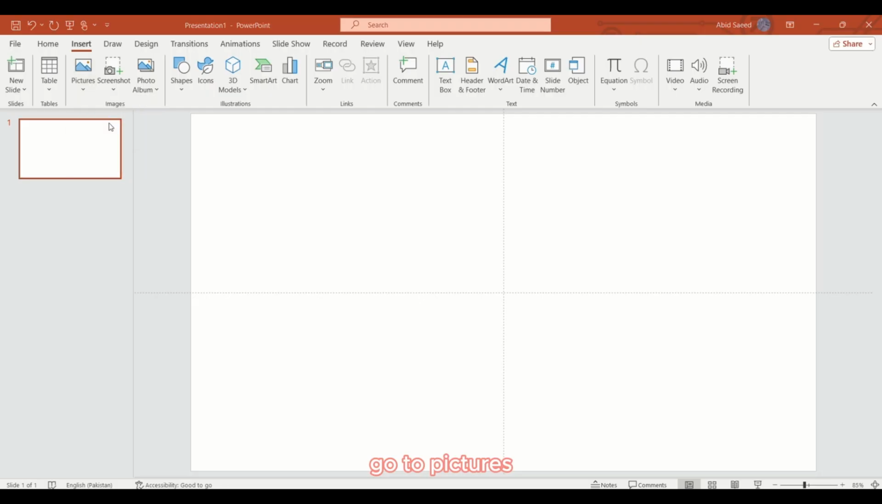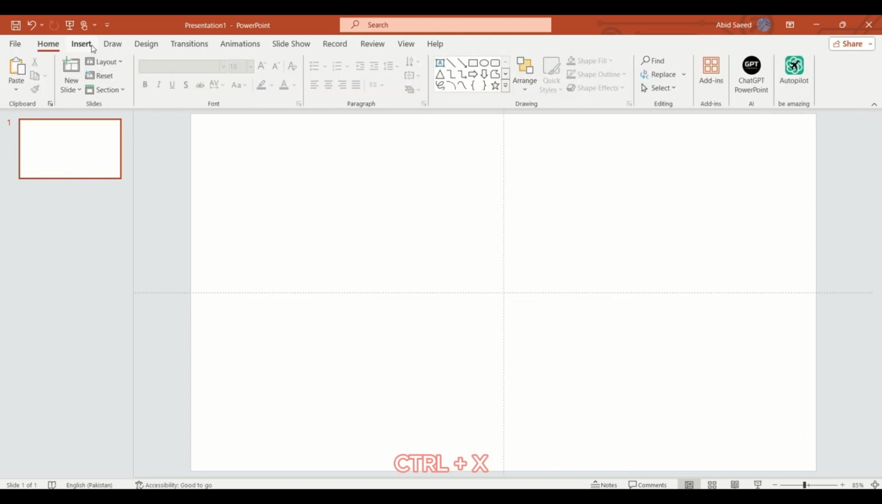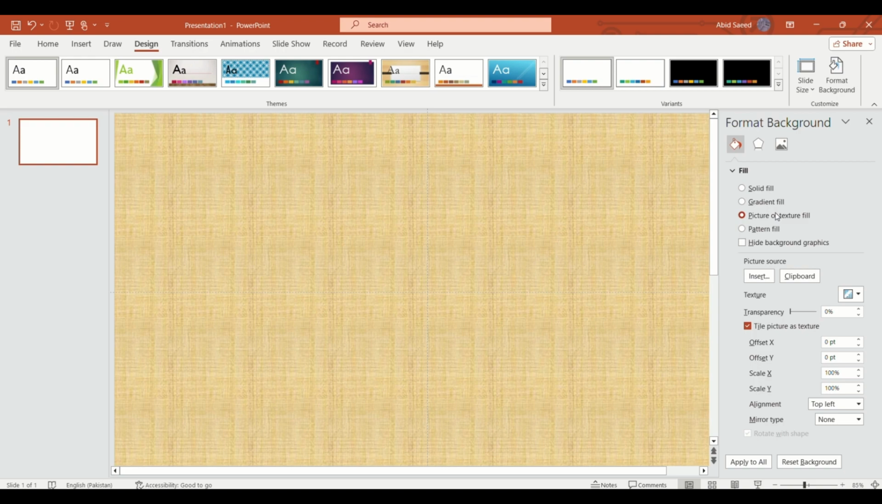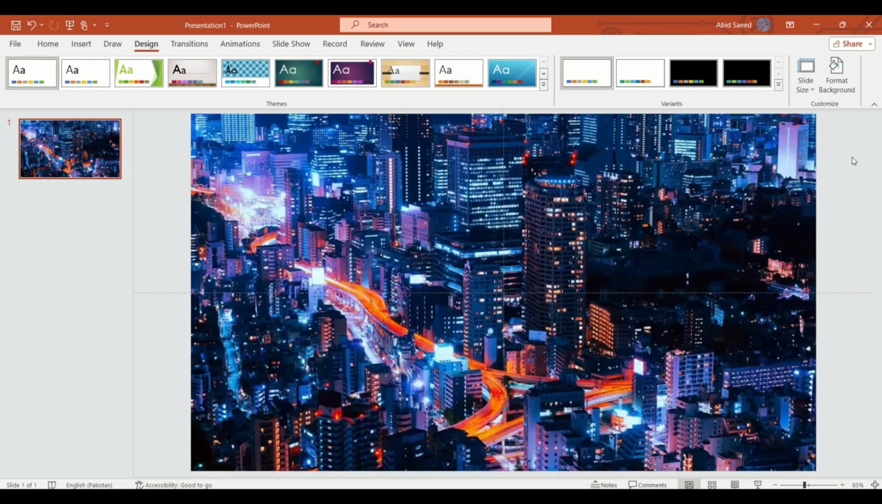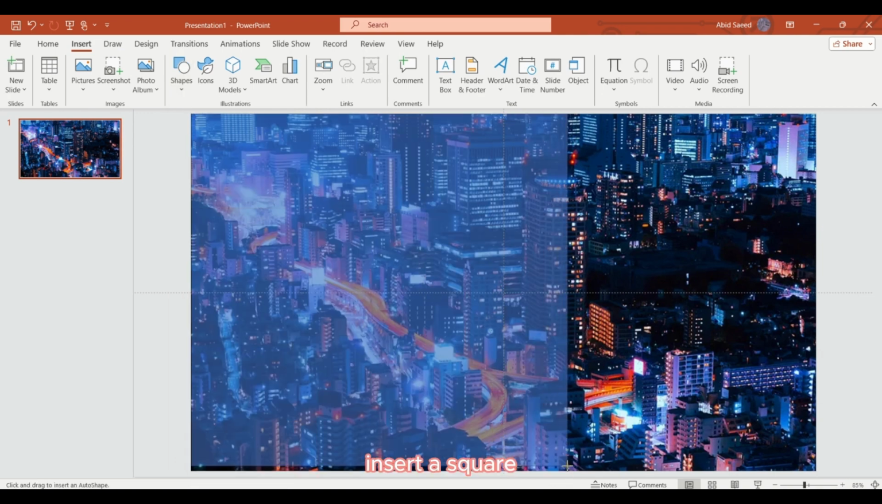And you have to go to pictures and then insert a picture. Then you have to cut it, go to design and then format background and then picture or texture fill option and then clipboard. Now insert a rectangle shape,